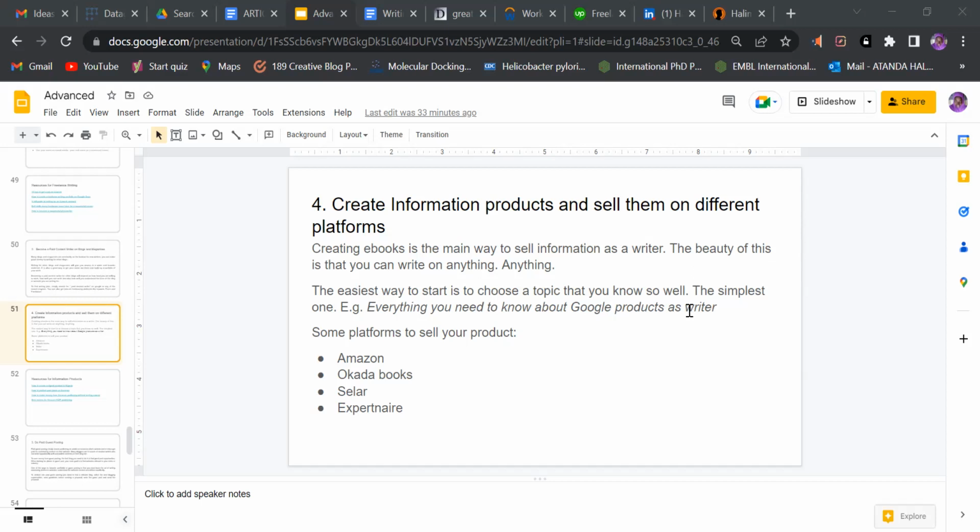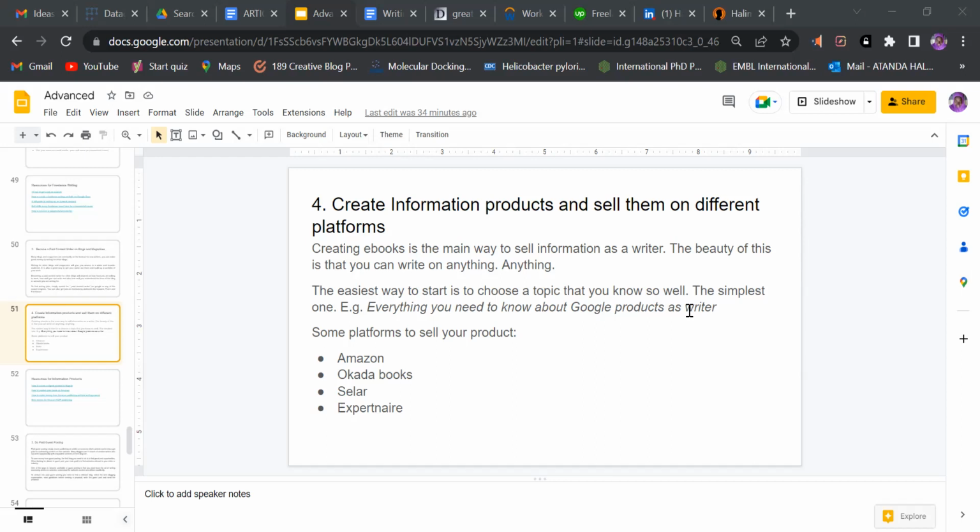Like being affiliated to Google in that regard alone is powerful for you as a writer, but many people do not know. So if I want to sell an information product, like if I'm actually serious about, okay, I want to start selling books on Amazon, this is a very wonderful topic for me to start with. And I'm so sure of myself. I'm so sure of the fact that I know so much about it that I'm confident enough to put it here as an example. So even if you decide that you want to steal this topic and write about it, it's not possible that you will write the things that I intend to write because there is a level of confidence I have about that particular knowledge that I can bet many people do not have.